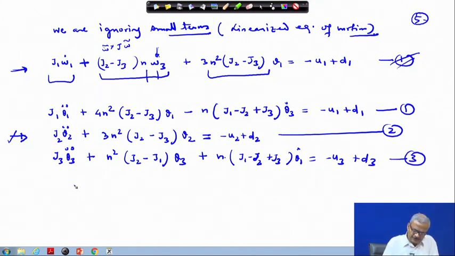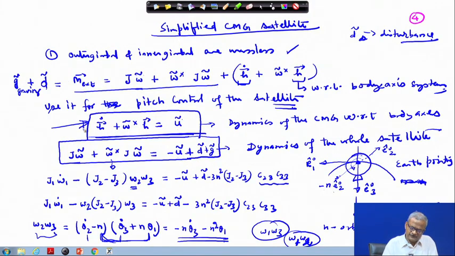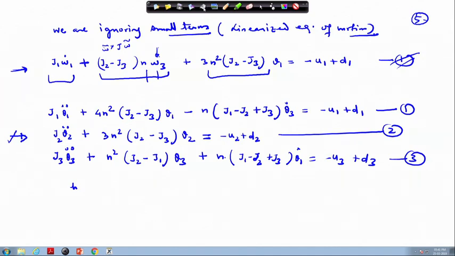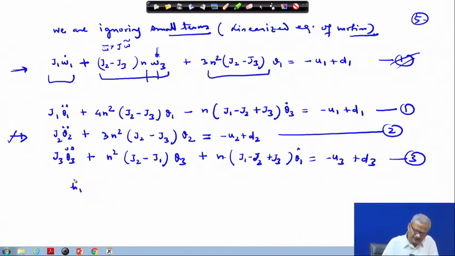third equation, and rest your equation of motion for this one, the gyrodynamics with respect to the body axis. So, here only the wheel motion is being considered, and the wheel is rotating on its own axis, and besides, because of the gimbal motion it is rotating. But the gimbal moment of inertia has been ignored, and therefore the equation gets simplified, and the linearized equation of motion for this can be written like this: h 2 dot equal to u 2 and h 3 dot plus.